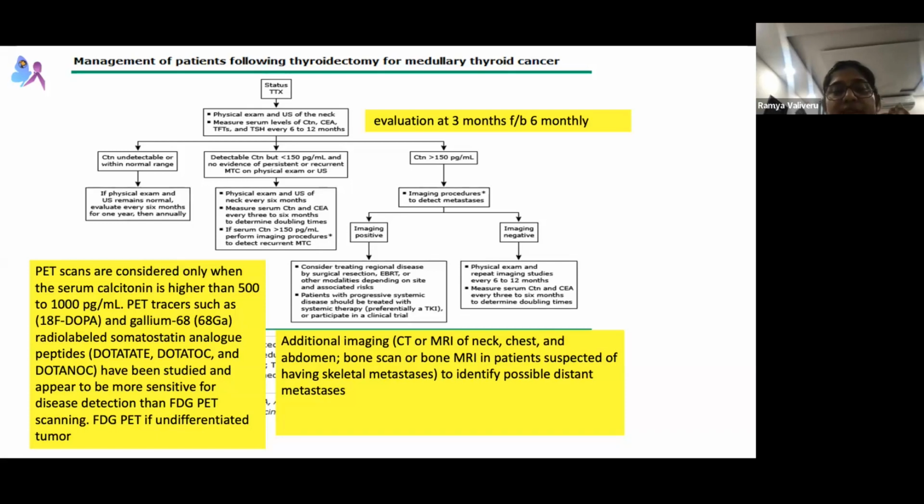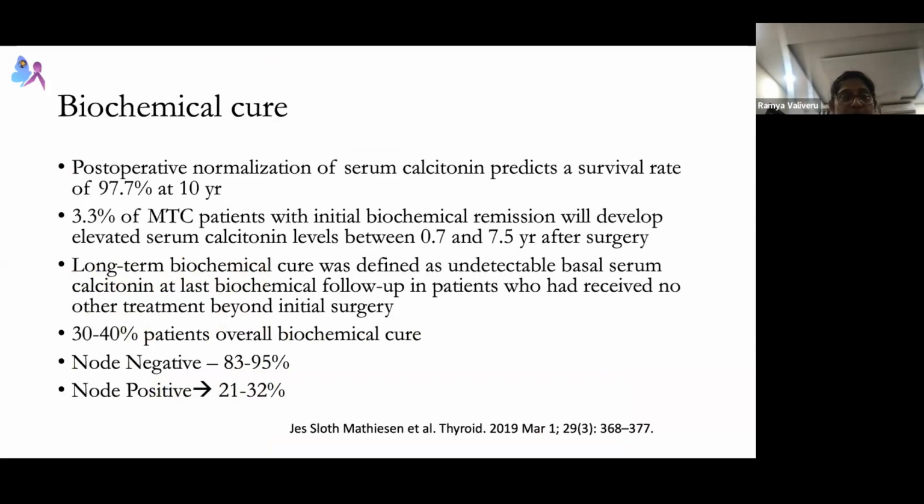If it is more than 150, we may have to do a PET scan and CECT to determine if there is any disease. Here I think the role of Rotenok comes in, because which area to perform CECT on is better determined by whole body imaging. So I think this is where PET scans are more useful.